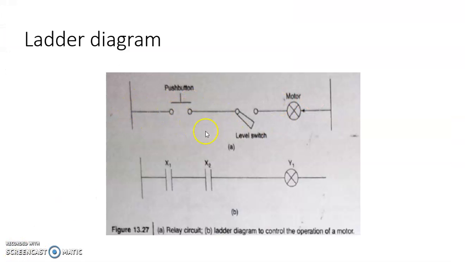In this figure we can see ladder diagram. Here we have push button X1 and level switch X2. When push button is pressed and if the level of the oil is healthy, then the circuit is completed and motor will turn on. The key features of this ladder diagram are a contact called start might be representing on and off state of the switch which initiates the ladder rung to operate an output device. The contact representing Boolean variable.